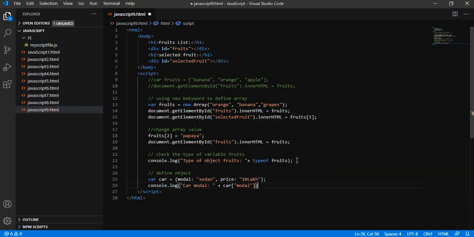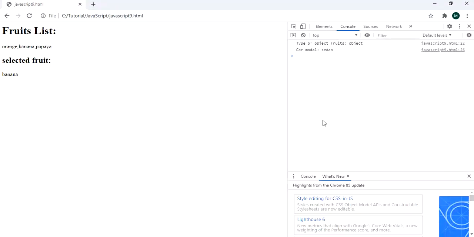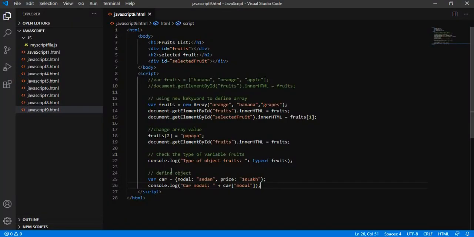Let's see if we can access the model value or not. Car model is sedan. But when we define the array, we use the index value to access the particular value at that index.